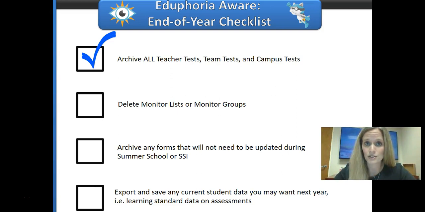Now there is an exception to using assessments again, and that is because we're actually changing item banks for next year. So all of our STAR test maker items will no longer be available after this school year. So you may want to actually download a PDF version of any assessments that you've made with STAR test maker in order to have that for reference. You can go ahead and archive, but the chances are the actual items will not still be inside of those assessments. So there may be a little bit of creation that happens next year with some new assessments, but we're